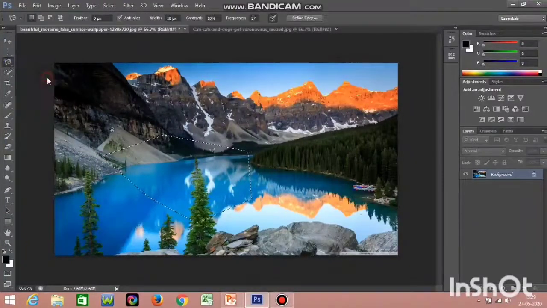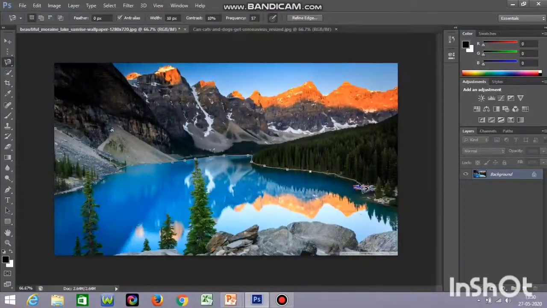And when it comes to the magnetic lasso tool, this takes up the edges of the selection. Say if you want to select something from here, I'm just dragging my mouse and it is automatically selecting the edges of these areas. So I'm just moving, I'm not even clicking with my mouse, I'm just moving my mouse near the areas where I want to select.